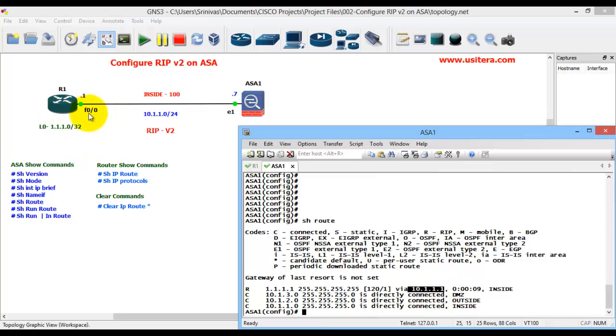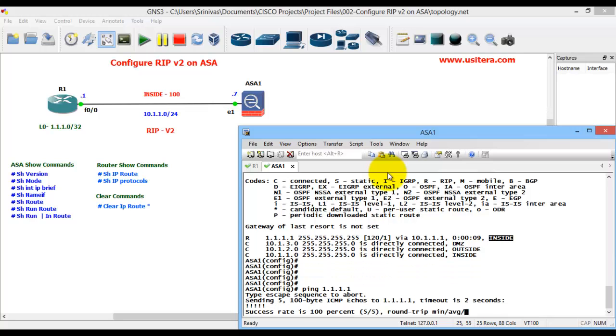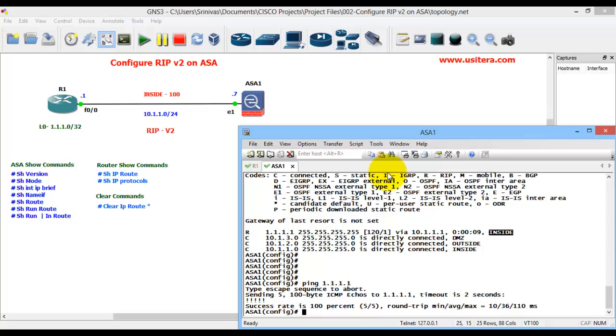It is also configured. The RIP route is learned from the inside. First I ping from the ASA to R1's loopback, ping 1.1.1.1. Yes, the ping is successful.